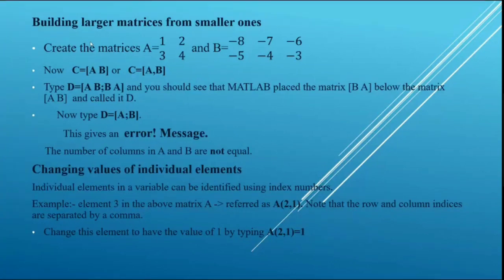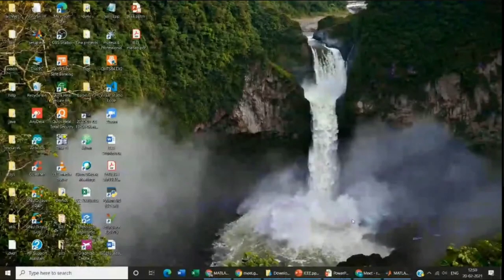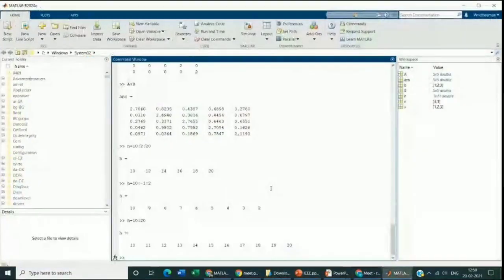Now we will check it out by typing the commands here, so it will be easier for you to understand.